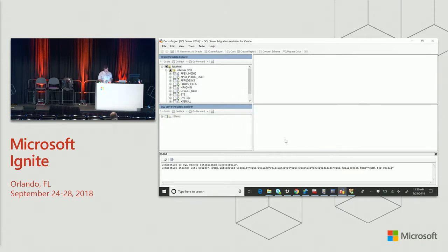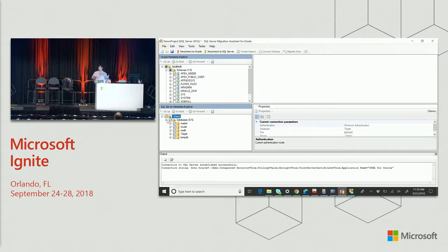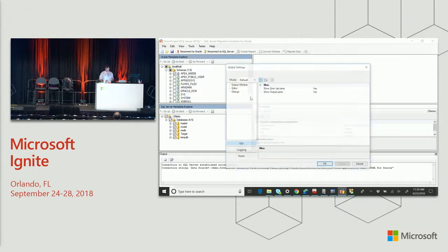And I'll go ahead and create a new database. By the way, the really exciting part of today's demo is I had installed vNext for another demo, and it turns out this isn't working with SQL Server 2019 yet. So that was kind of fun. But here we have a target database,